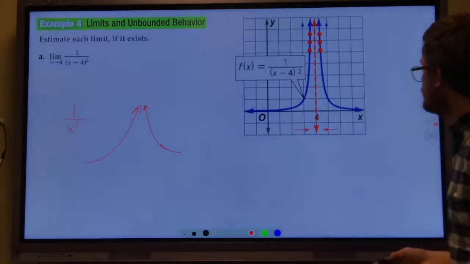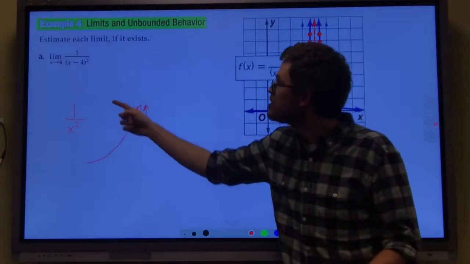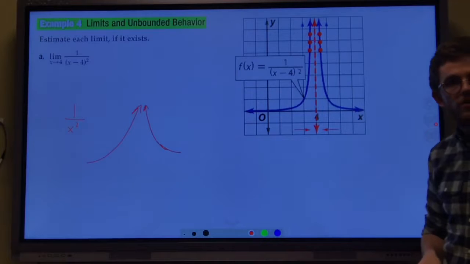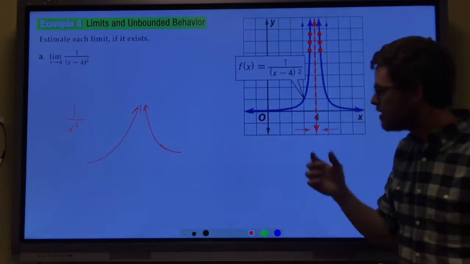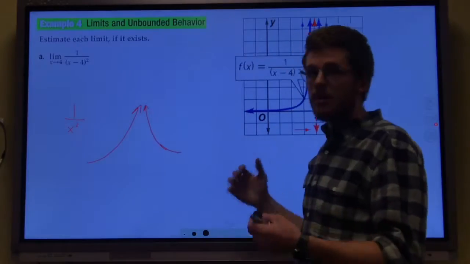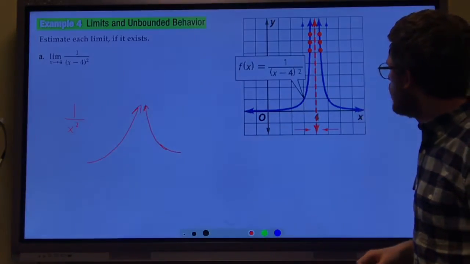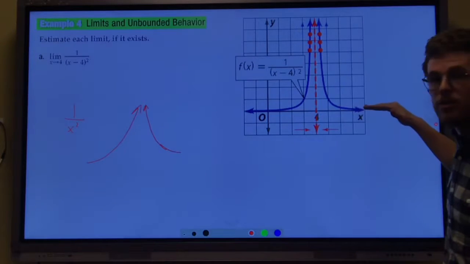And yeah, that's what we expected. It was this shifted over to the right 4 units. Look, there it is. So let's think for a second about what this limit's going to be, because obviously that's what we're going for here. Well, as we approach positive 4 from the right,